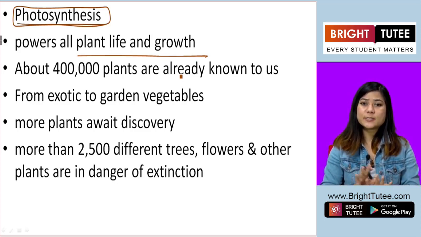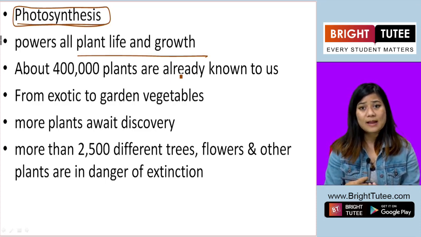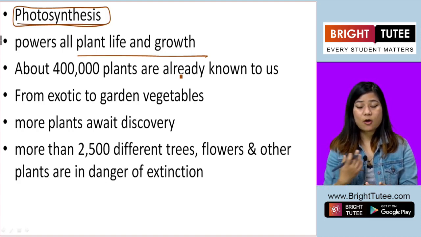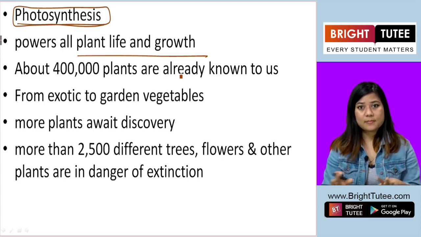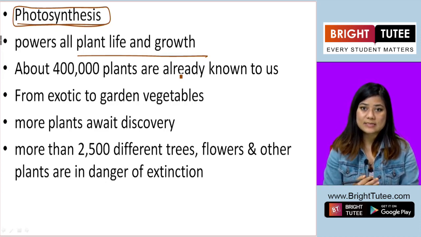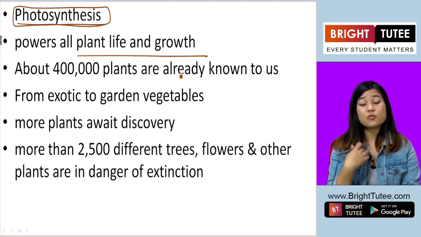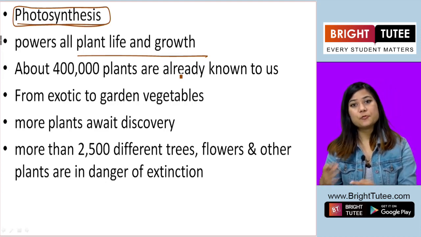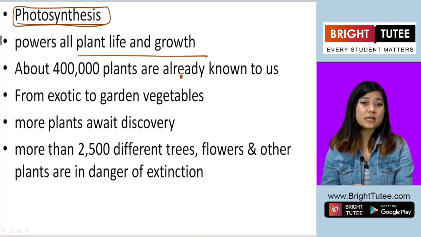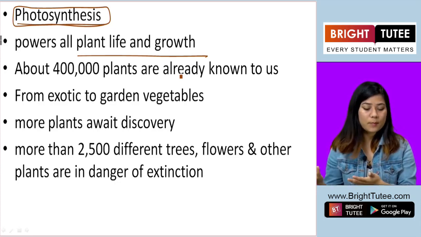Now there are so many species, so many varieties of plants in our world, on our planet Earth. And among those numerous, innumerable species of plants and trees, some have already been known, they have been studied, and we know about those plants. But there are others which we do not know about. They are yet to be discovered. They are yet to be studied. They are yet to be told to us. We don't know about them.